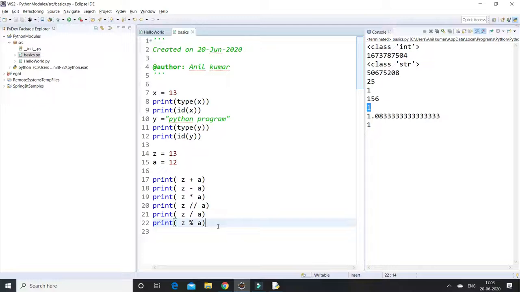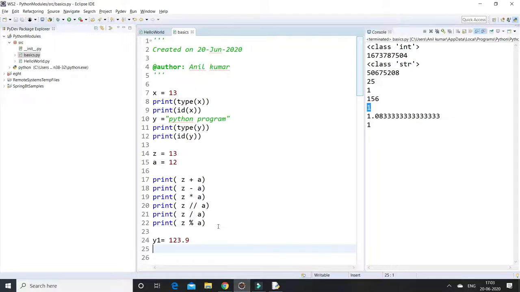So this way we can do arithmetic operations in Python. Now let us see how to declare floating values. We can declare y1 equal to 123.9, and it will be shown as floating point values.